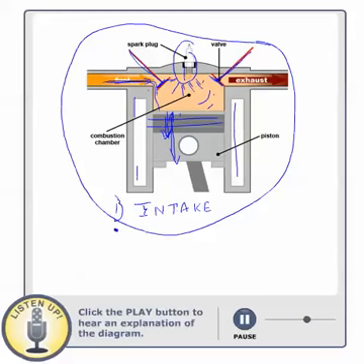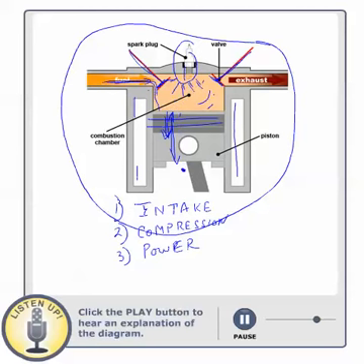The first stroke is intake. The second stroke is compression. And the third stroke is the power stroke. That is the stroke that gives us the power from this engine. And for the first stroke and the second stroke, we have to supply the energy that is required to bring in the oxidizer and fuel, and also to compress. And after this